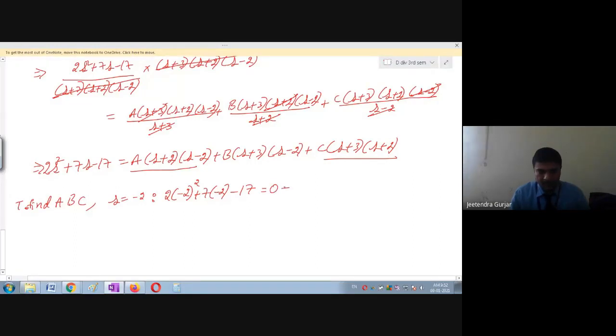Very good. So this is plus B minus 2 plus 3 minus 2 minus 2 plus. One can easily see this is minus 2 plus 2. So you can see minus 2 plus 2 will become 0. 0 into this full term will become 0. So therefore I take this as 0.